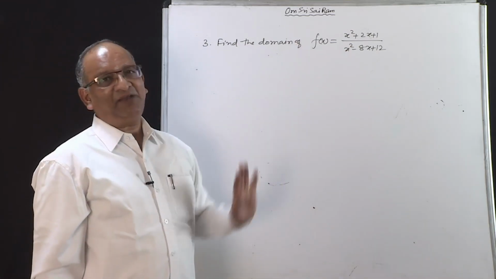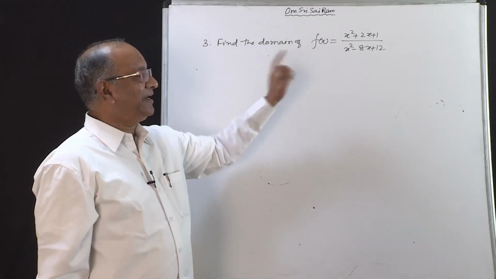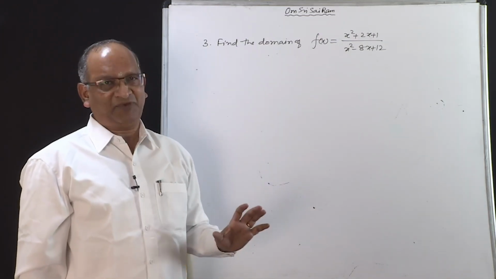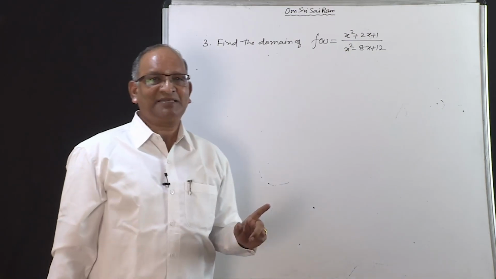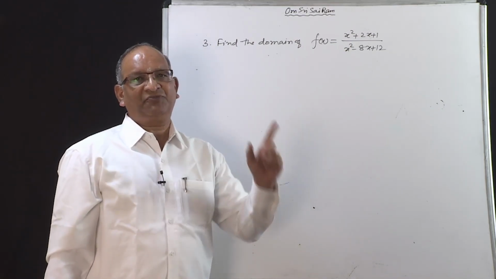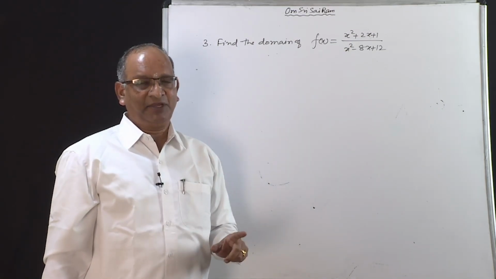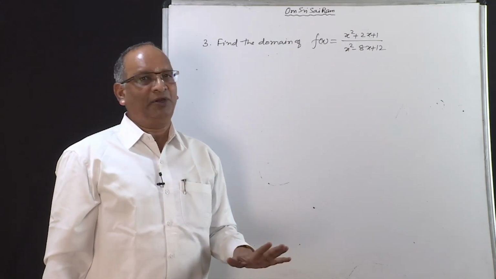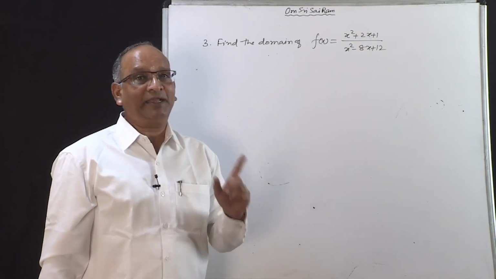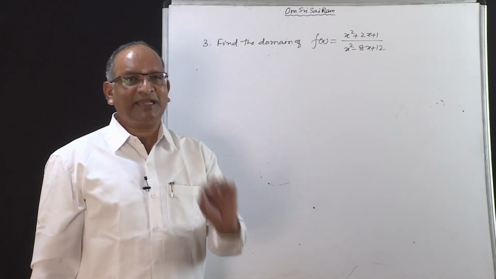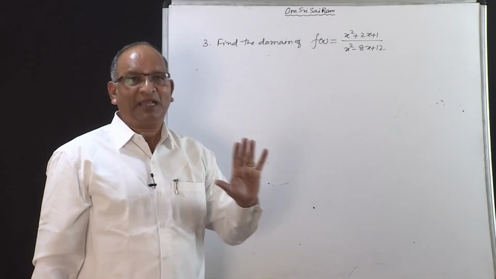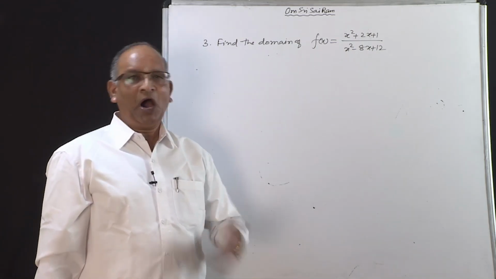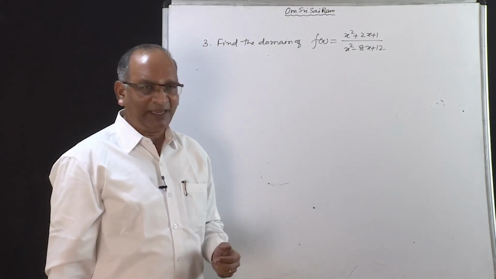Since it is a rational function, you can see that the numerator and denominator both are polynomials. So, it is a rational function. What is the definition of rational function? A function which is in the form f(x) by g(x) is called a rational function if f(x) and g(x) both are polynomials, but g(x) is not equal to 0. So, you have to just ensure that the denominator does not become 0. For whichever value it becomes 0, avoid that. All other values will constitute the domain.